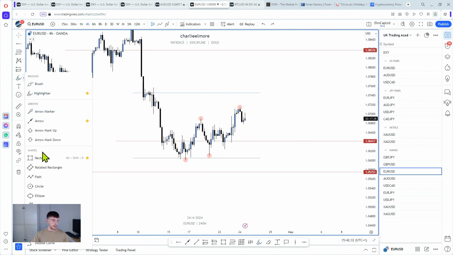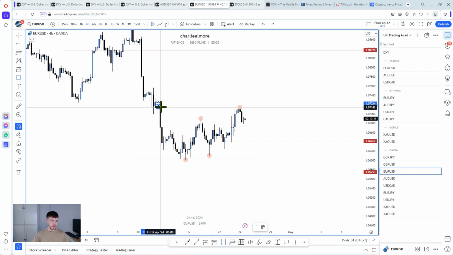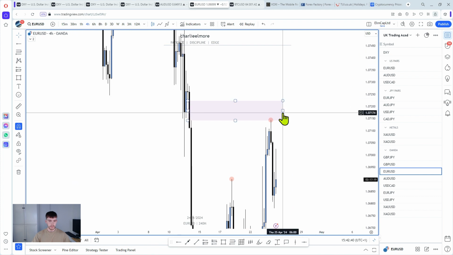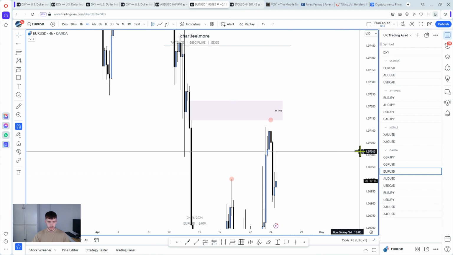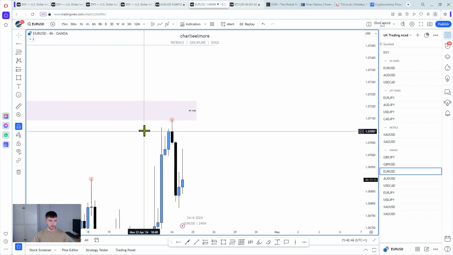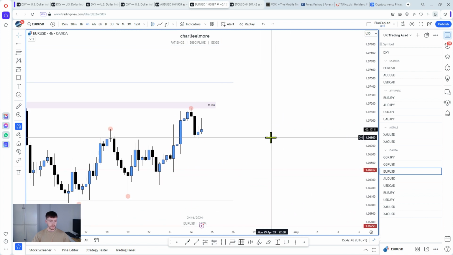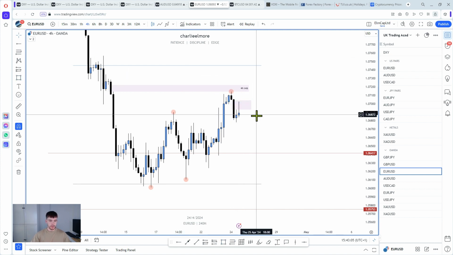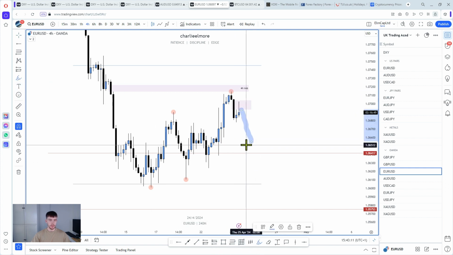And actually, a very, very nice 4-hour imbalance right there that price has reacted from, to the pip, by the looks of it. Yeah, 4-hour imbalance, bringing it through. Look at that reaction. Bang. So this could just be used to pull price down before we want to continue up. That's all that could be used for. And currently, we are within another 4-hour area, which could be used for just that, to push price down before we continue up.